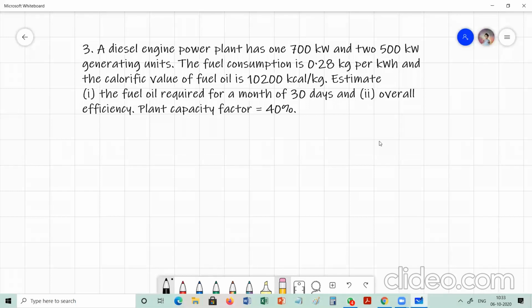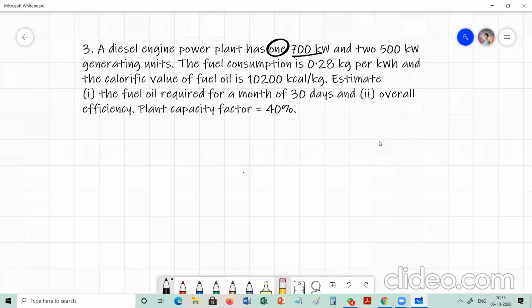Today also we will solve a problem. Okay. The third problem is: a diesel engine power plant has one unit of 700 kilowatt